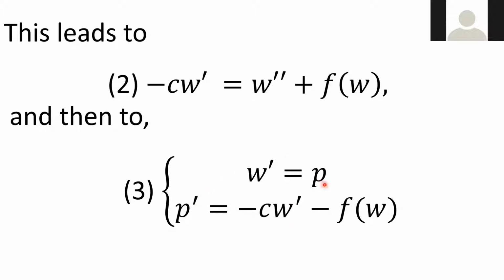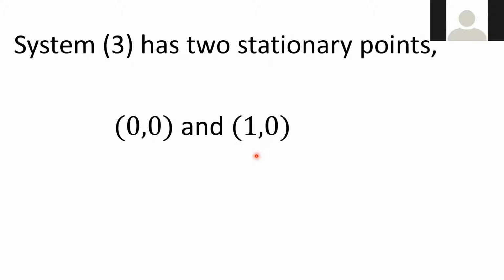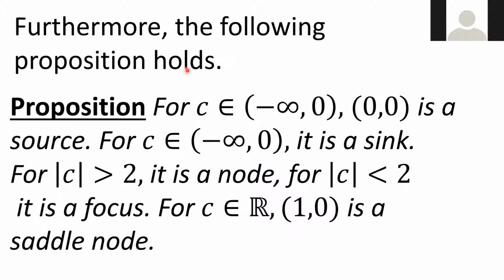We started to look into this equation and found that there were 2 stationary points, (0,0) and (1,0). Furthermore, computing the Jacobian matrix, we had the following proposition, meaning that when